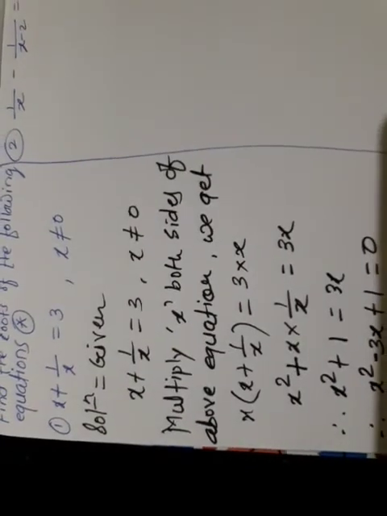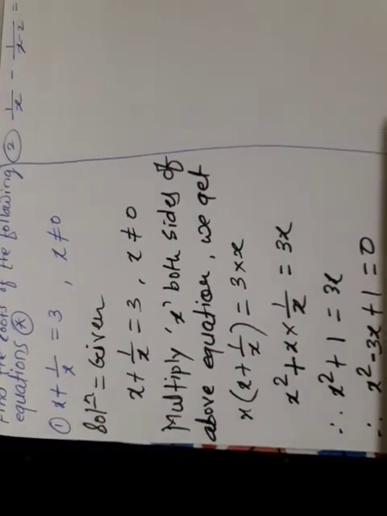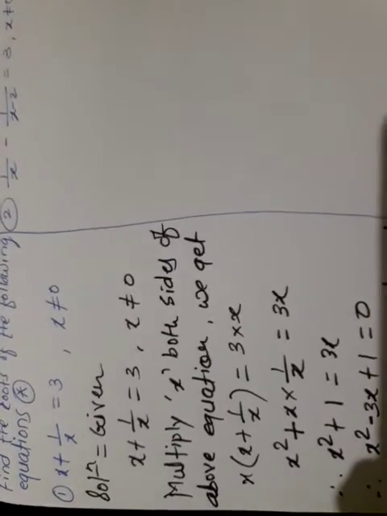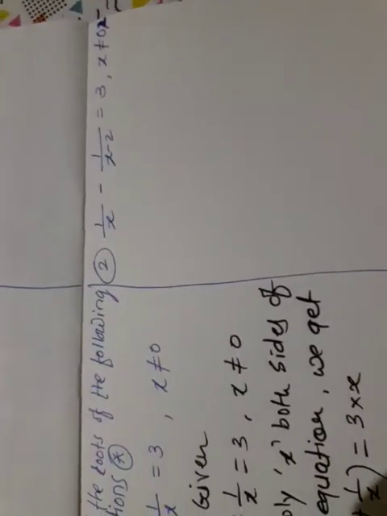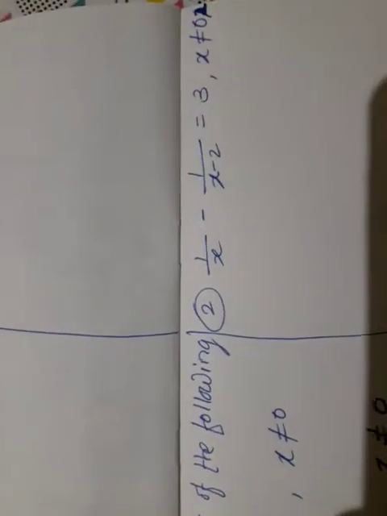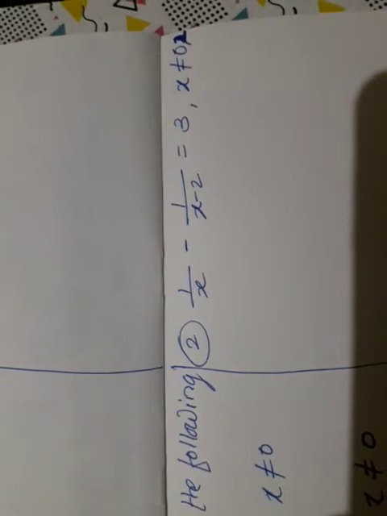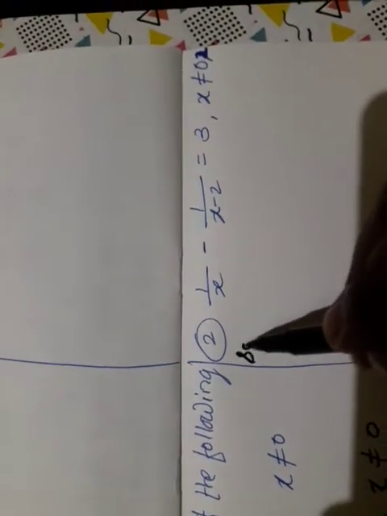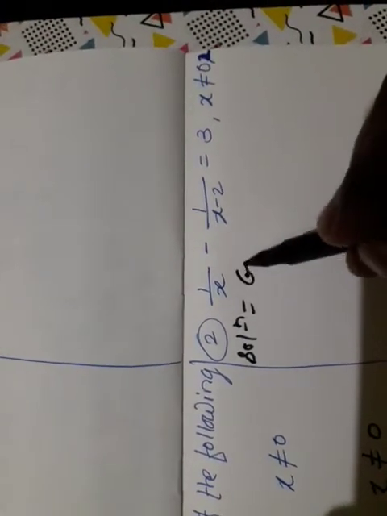Are you getting it? Do you understand? Like that, first of all we have to convert the given equation into the form of a quadratic equation, and then we have to find the factors of that respective quadratic equation. Now here, I have written one more example for your better understanding. If you understand that solution, we will follow the same procedure.